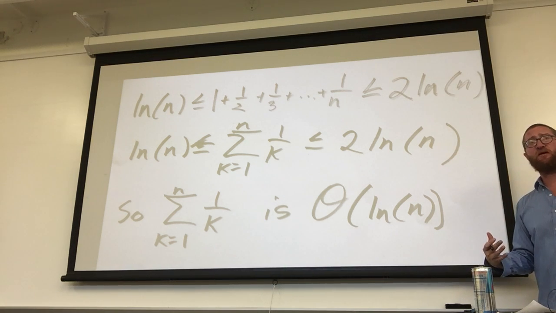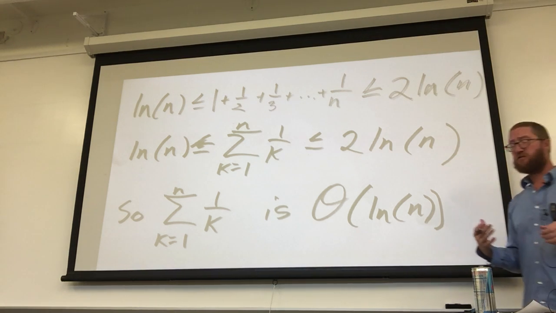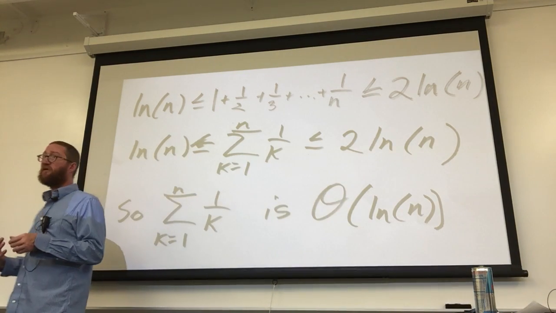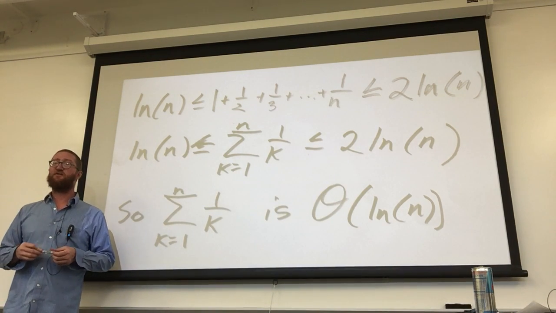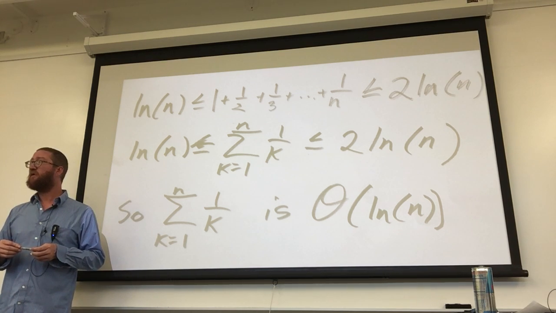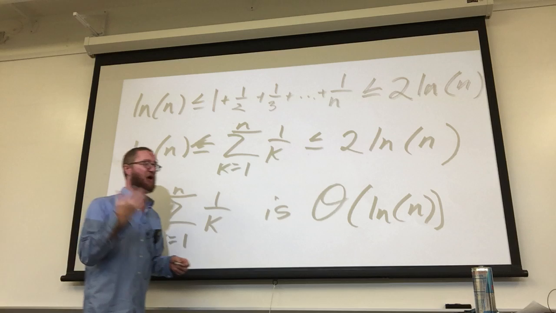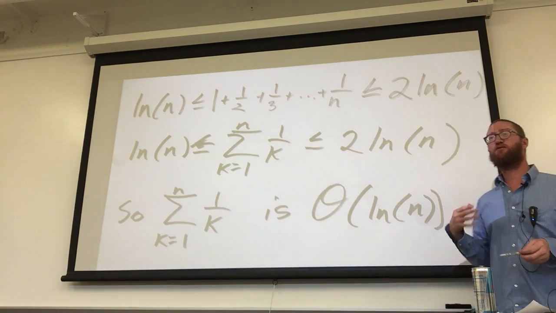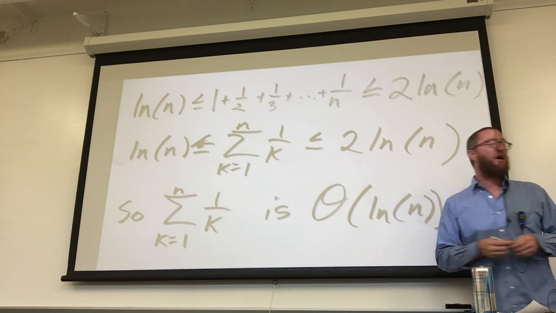So the harmonic series is the one series that tends towards infinity, but it tends towards infinity in the slowest possible way. And as an example, how slowly does the harmonic series tend towards infinity? Okay,